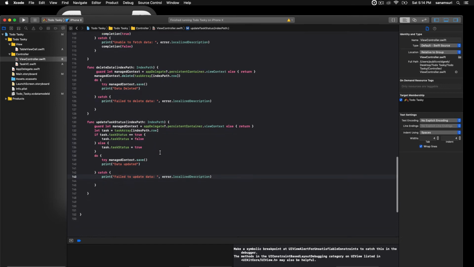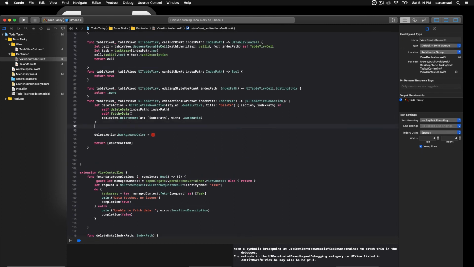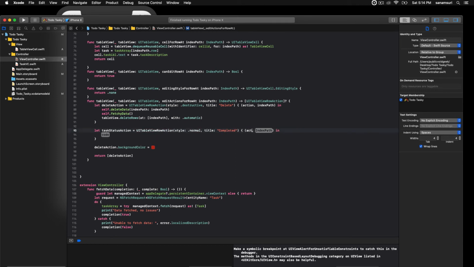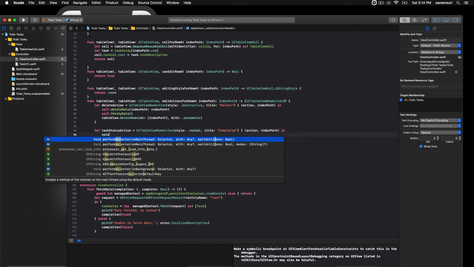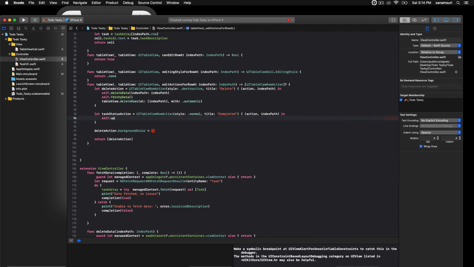Right. So this should be enough, I believe, to update the status of the task. And let's create the action again. Let task status action is equal to UI table view row action, and style is going to be normal this time, and completed, and handler we will say action, and index path, and we will say self dot, what did we call it, update task. So update,